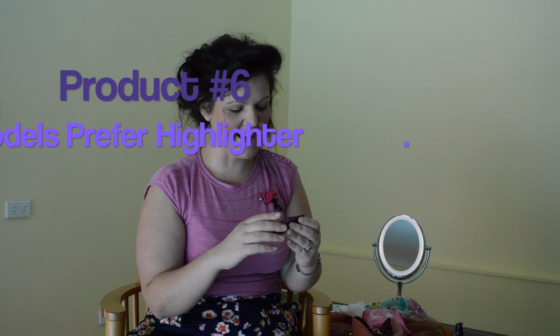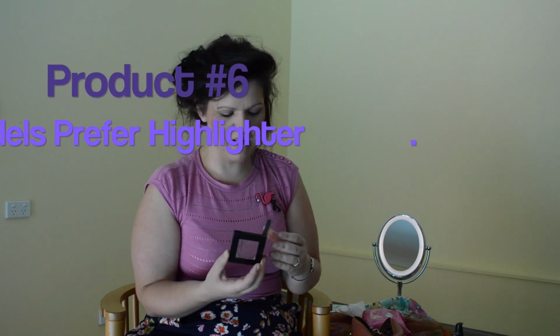But I've instead got this Models Prefer highlighter, which was a dubious purchase of just a couple of dollars, but actually it's really amazing. Of all of my cheapskate products, I've been enjoying this one the most. So Models Prefer highlighter, it's going to cost you a couple of bucks from Priceline or wherever. Models Prefer, Google that. And it's sort of got 4 colours, so it's got a really light kind of highlighter